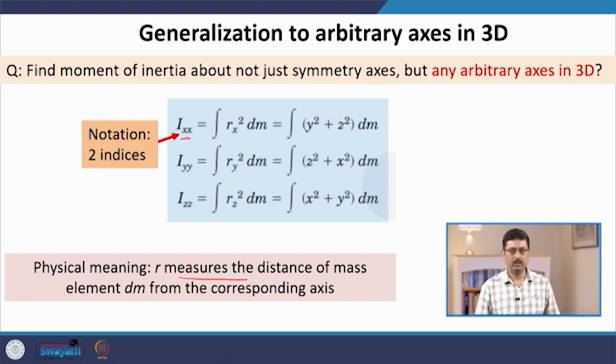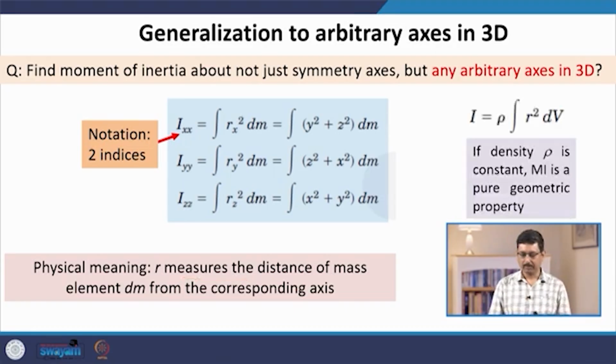I prefer to use two indices so that when we discuss our next concept, the product of inertia, which requires two indices, I have two indices here. The other point is that in another variation in the textbook you often find,